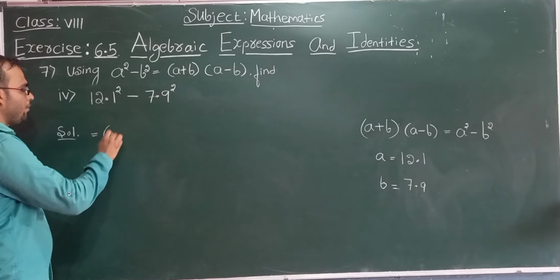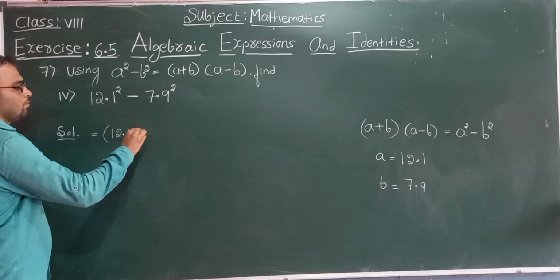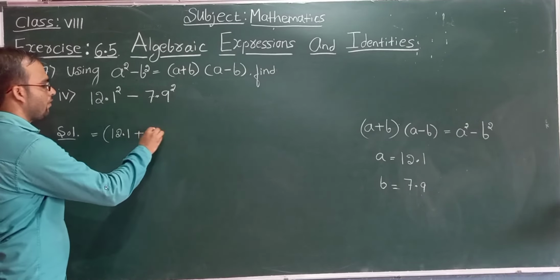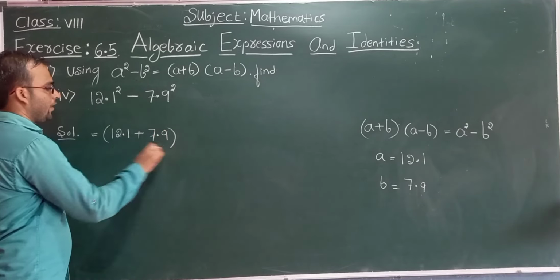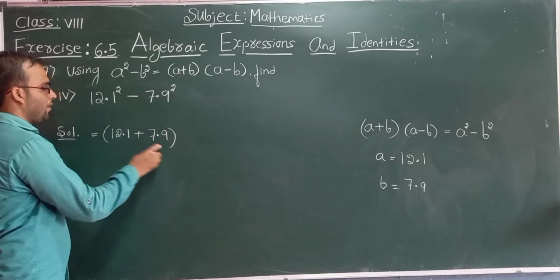Okay, so here a means 12.1 plus b means 7.9, a plus b into a minus b. A means 12.1 minus b means 7.9. Okay, so here 12.1 plus 7.9 will be 20.0. Okay, next into this one, 12.1 minus 7.9 will be